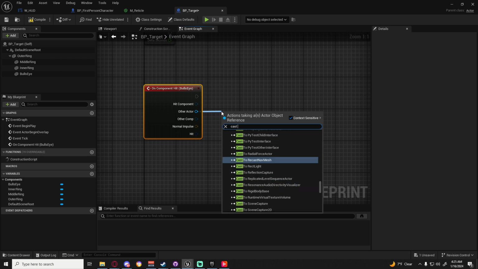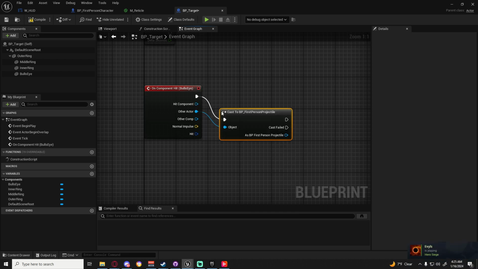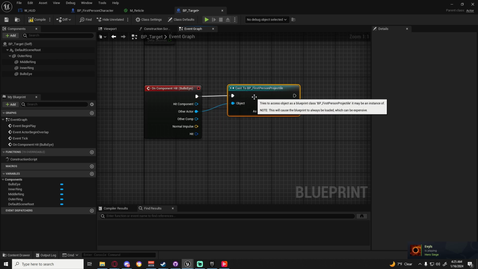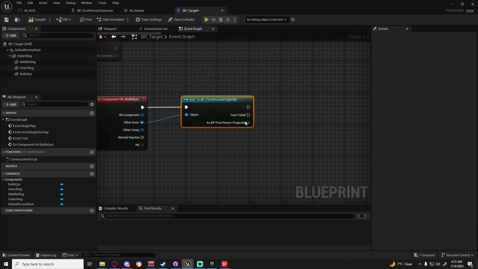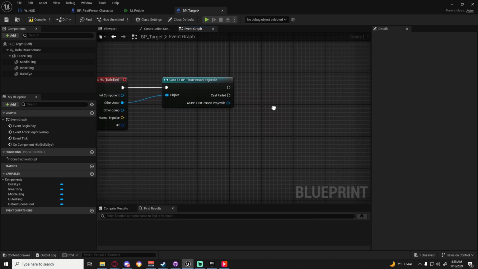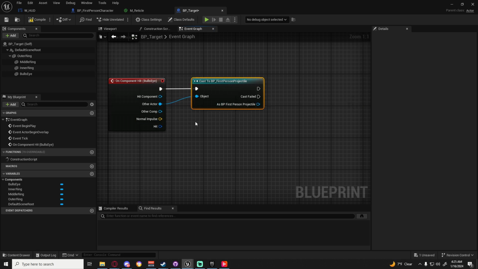We'll cast it to the projectile. So cast to first person projectile. So we're going to verify whatever hit it, is that the first person projectile. If it is, it'll come through this, execute. If it's not, it'll go through the failed. And so whenever we hit it, we want to add like a score or something, and I even want to add a